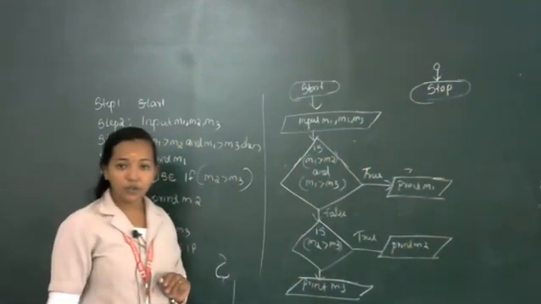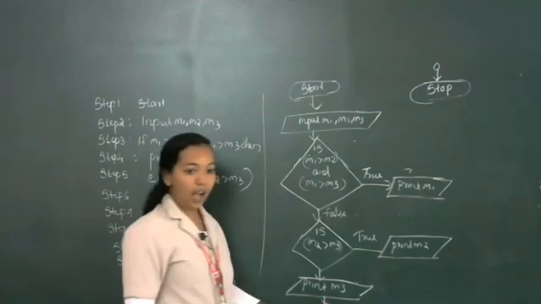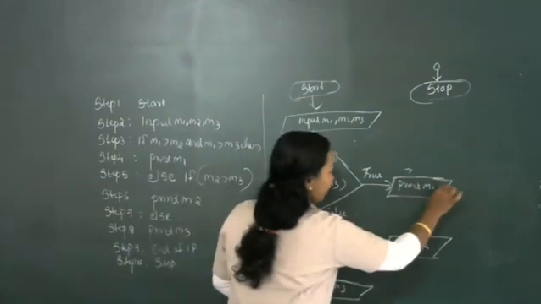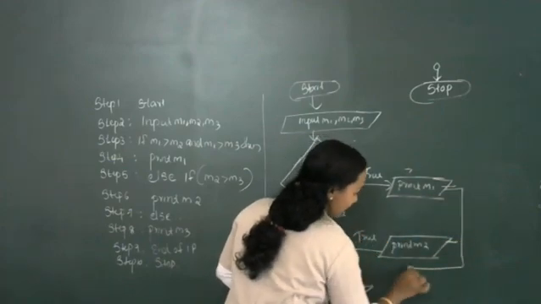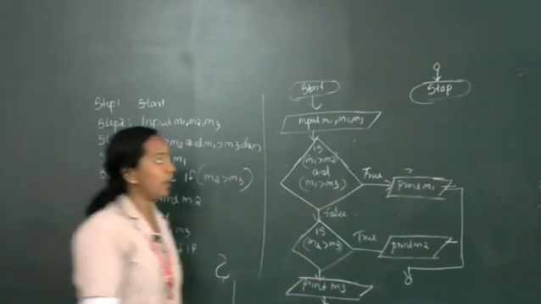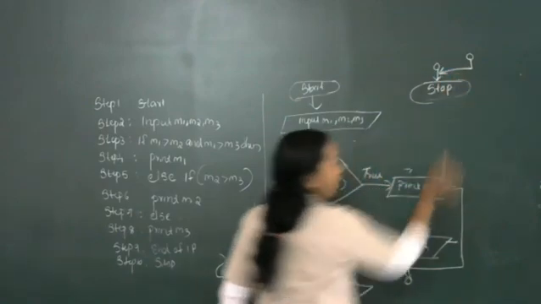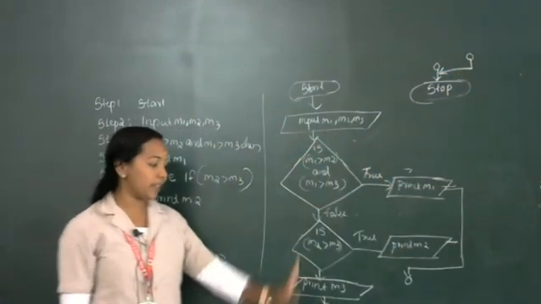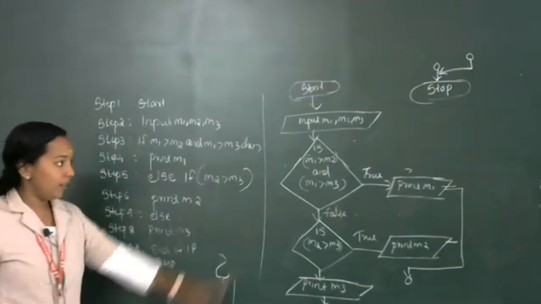I can draw a connector. Then here also I can include one connector after printing, and these two statements we are combining. That also has a connector. This also you want to combine, so here two connectors will be there. That connector is going to stop because there is no space. That's why I am including the connector. Clear? So this is the condition.